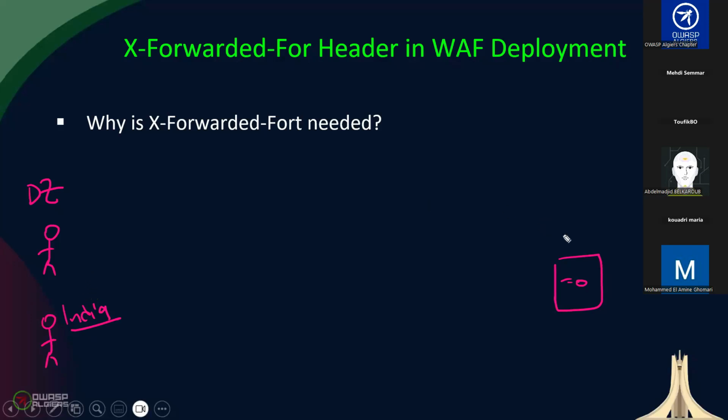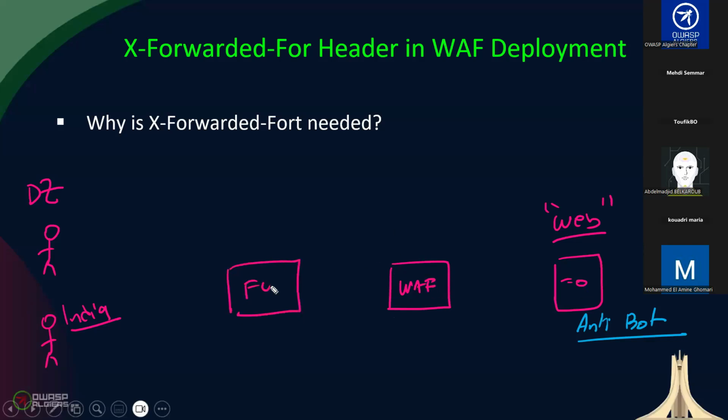Imagine that you want your web application to restrict some access or some traffic based on your source IP. So imagine that the back-end application servers are configured with some anti-bot capabilities. So they need to see the IP addresses of your real clients so they can block them based on their public IP addresses. Now, in this situation, don't forget that your backend servers are protected with a WAF. The WAF itself is behind the firewall. Now, when the client accesses the firewall,